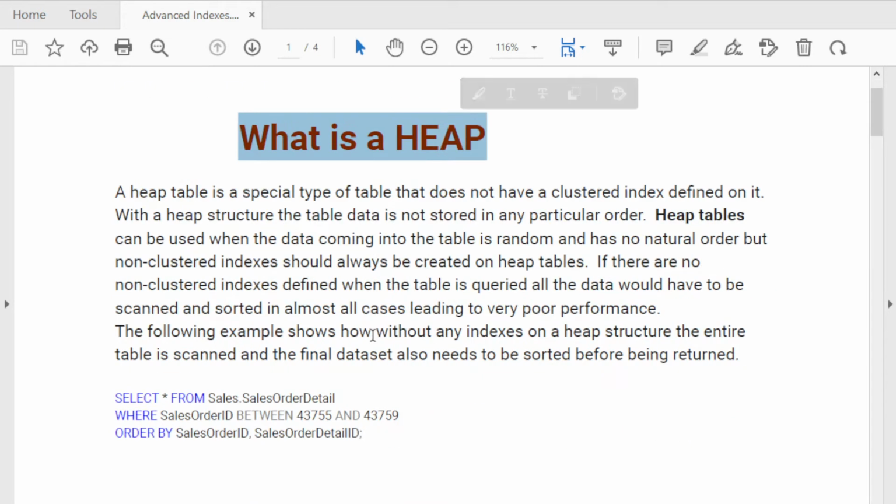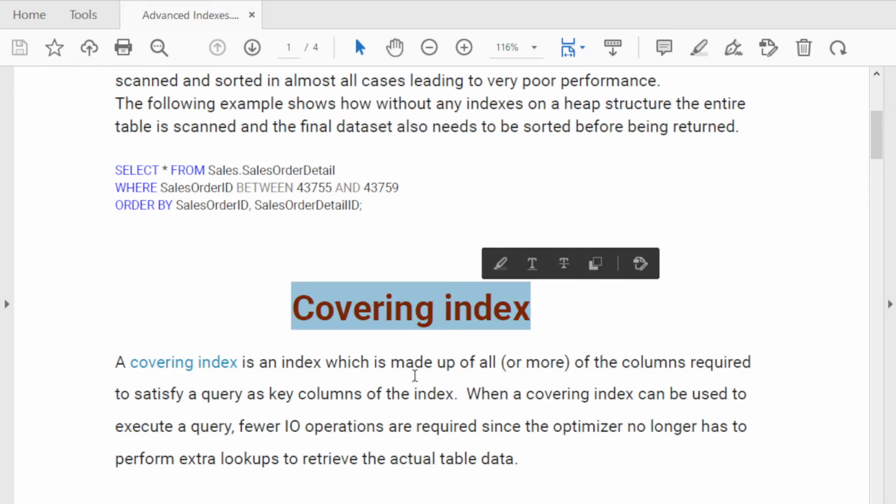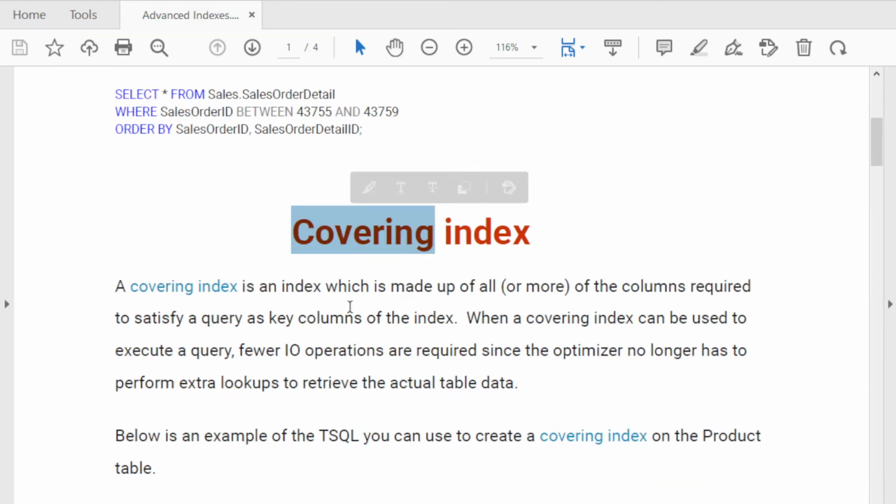Let's cover the second concept, which is the covering index. The name suggests covering: it covers all the indexes. Suppose you use 10 columns in a query, in the join, the filtration part or the where clauses, and you create clustered or non-clustered indexes on all those columns; that is called a covering index.